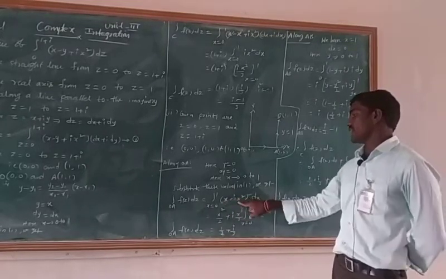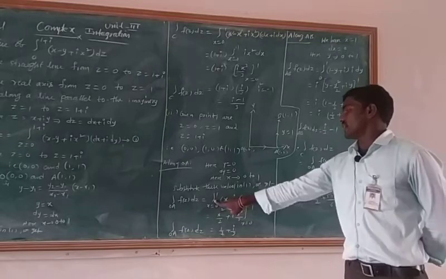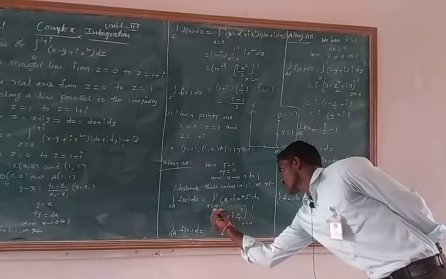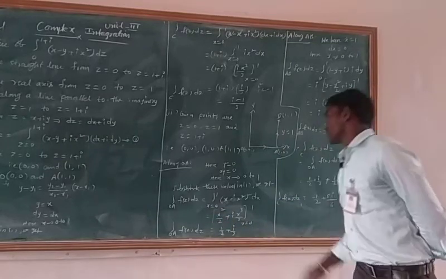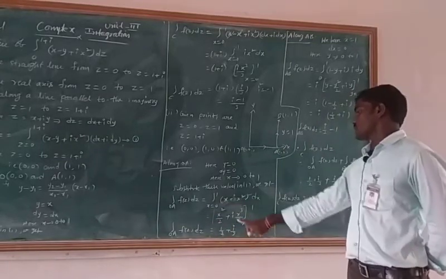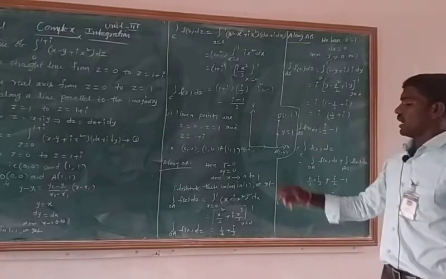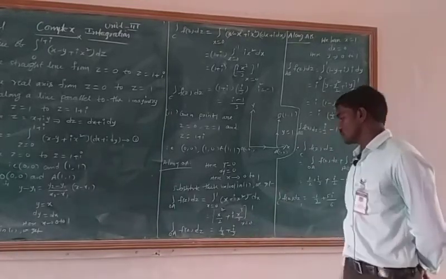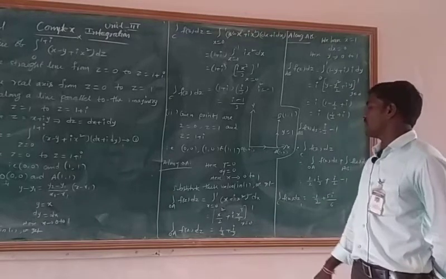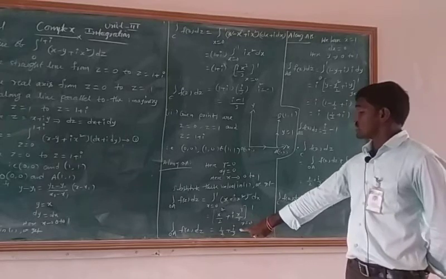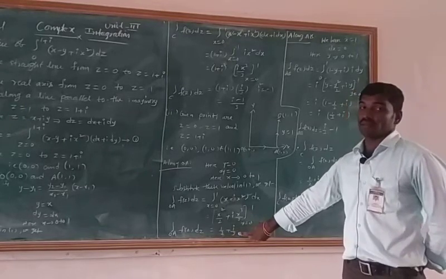So finally, integrate this result with respect to x. The integral of x dx is x square by 2. The integral of x square dx equals i times x cubed by 3. Here x varies from 0 to 1. Therefore, along OA, the integral of f(z) dz equals, substituting the upper limit of 1, 1 by 2 plus i by 3, and the lower limit becomes 0. This is the solution along OA.